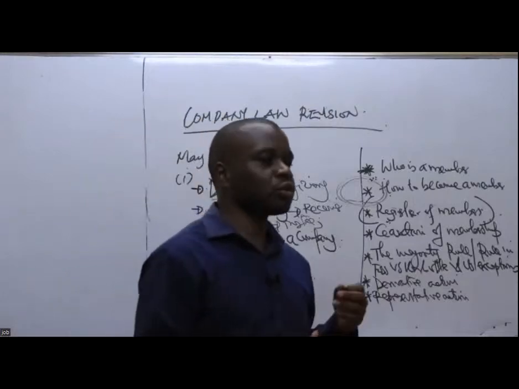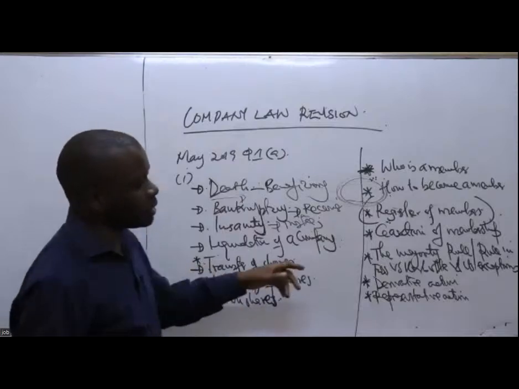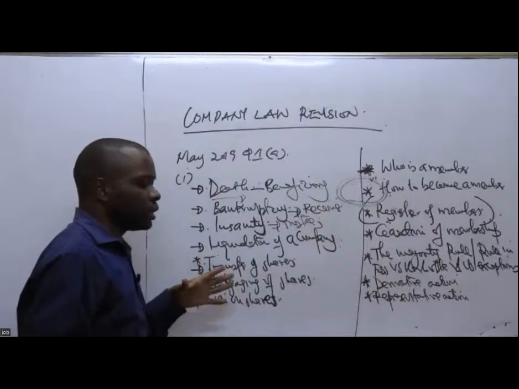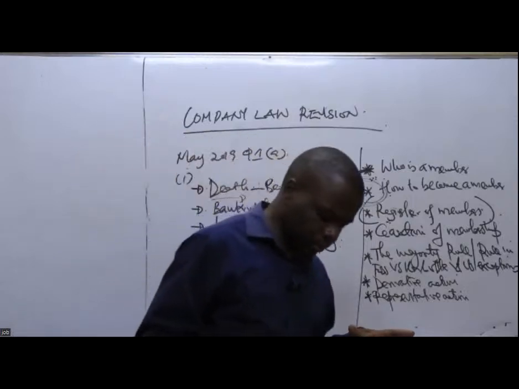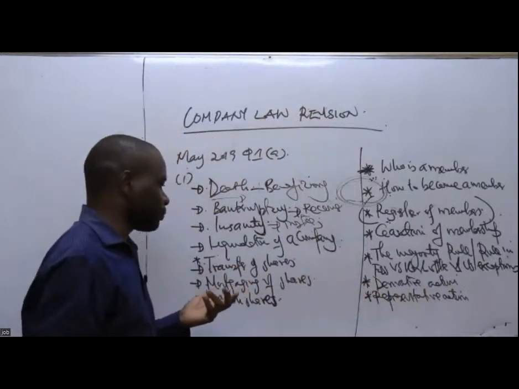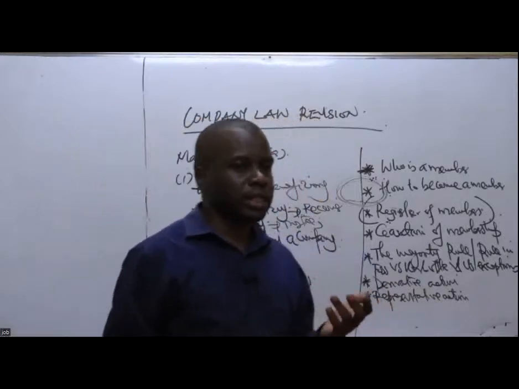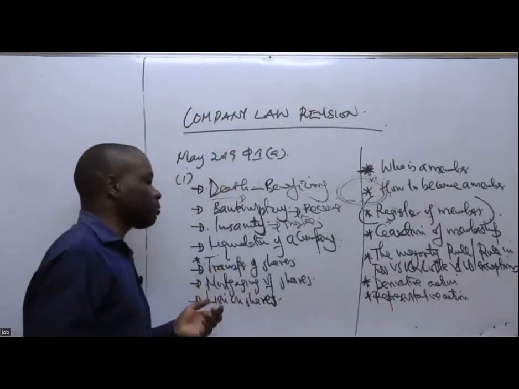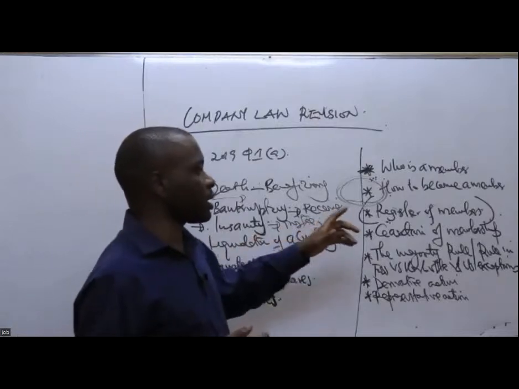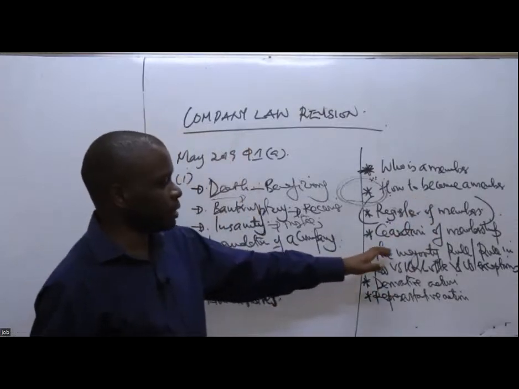Number three, transfer. Transfer appears in cessation and also appears in how you become a member. When you transfer shares, it simply means that the shares have been transferred from one party known as a transferor to another party known as a transferee through an agreement or a contract. If they agree, the transferor can transfer the shares to the transferee. In this case, the transferee becomes a member through transfer of shares, while the transferor loses membership.